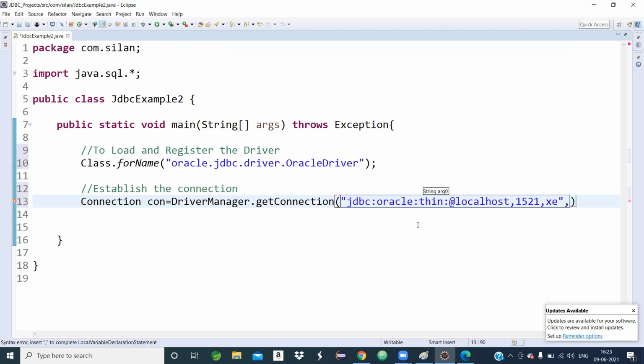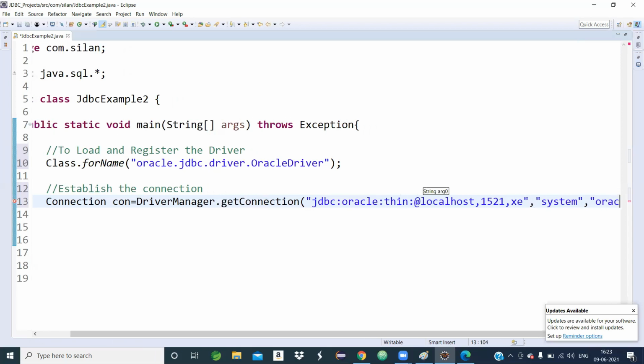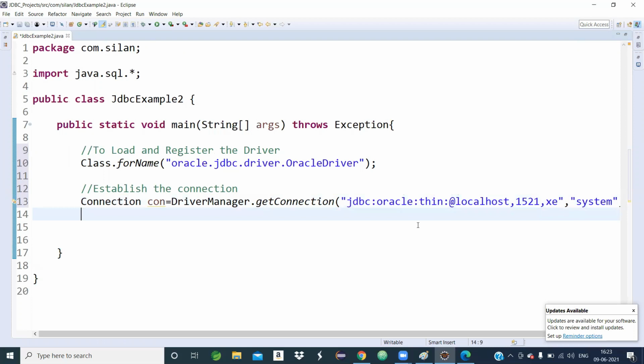Then, comma, the second argument is the default username, that is system. The third argument is the password value. I have given the password oracle. So now this is called the establishment of connection. Okay, any question? Yes sir. So that is colon XE. Okay.